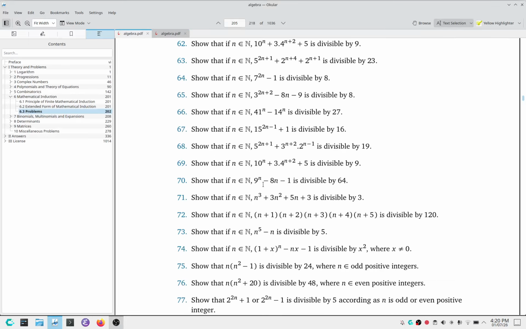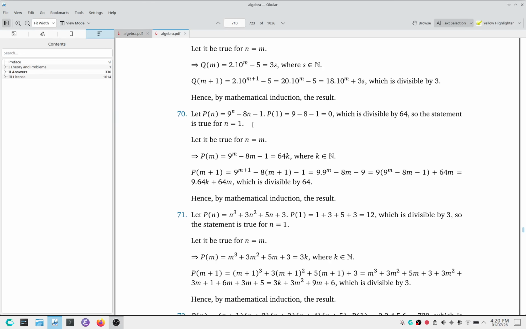Now we come to the last question. The expression is 9 raised to the power n minus 8n minus 1, which is divisible by 64. We put n equal to 1, we get 9 minus 8 minus 1, which is 0, divisible by 64. Now we let n equal to m, we get 9 raised to the power m minus 8m minus 1